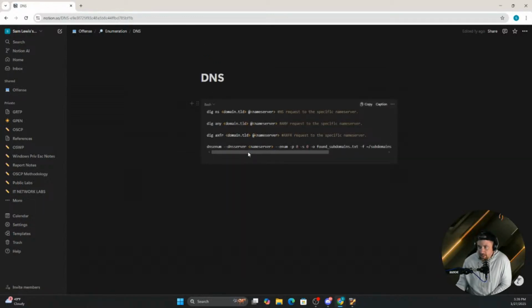All right. So DNS, there is a tool called dig to help you enumerate certain things in DNS. So let's see. I think I'll try a zone transfer. Now, what a zone transfer is,